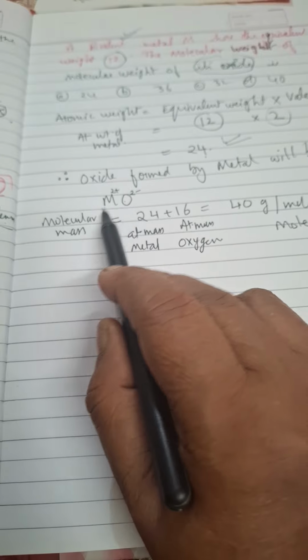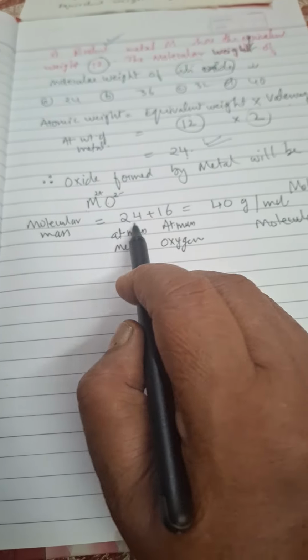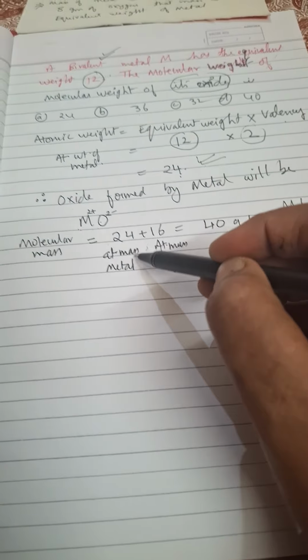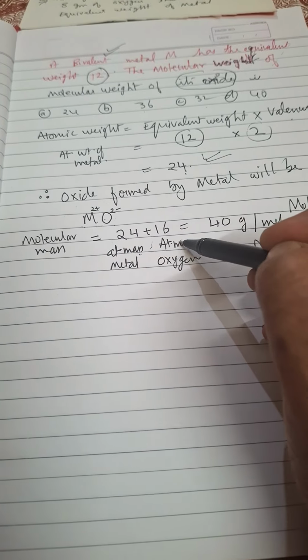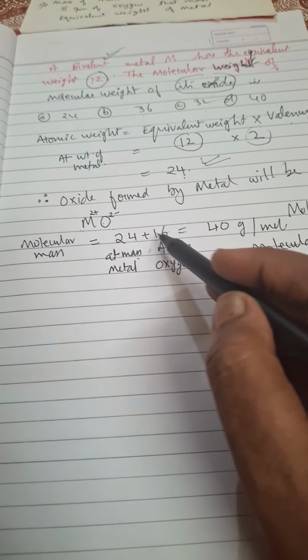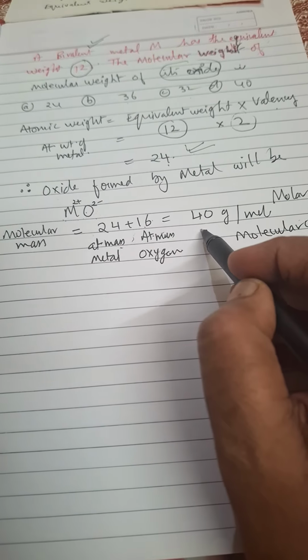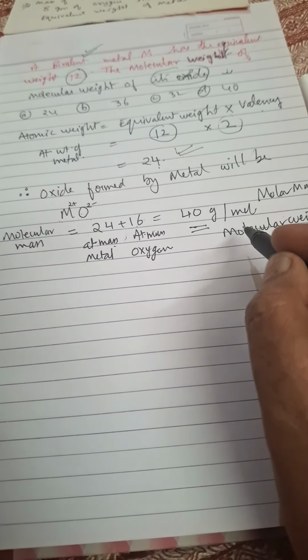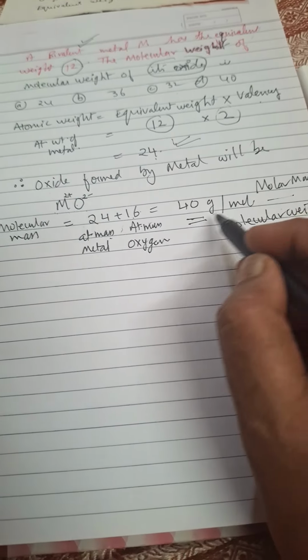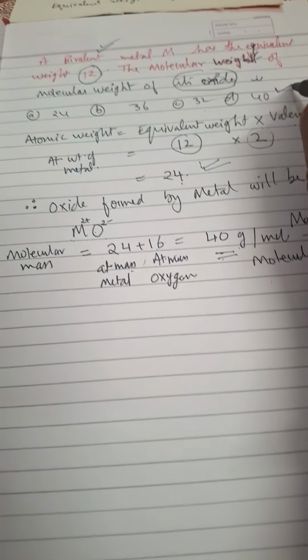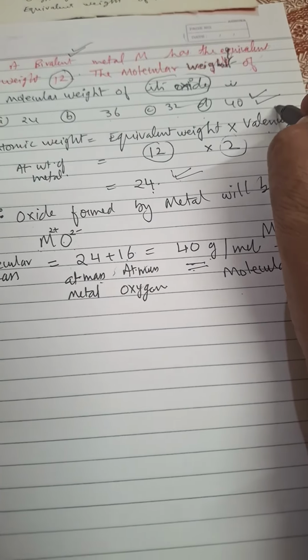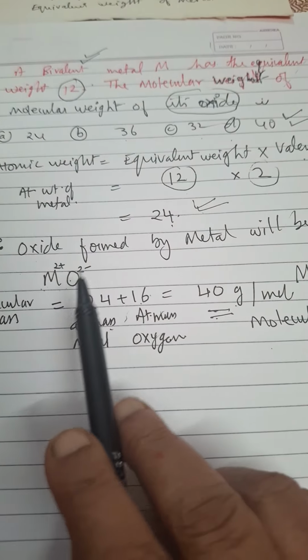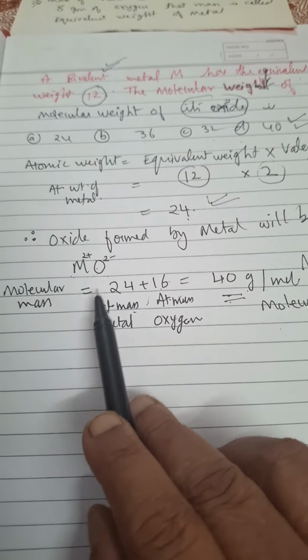Sum of the atomic mass of these two. So atomic mass of M we have calculated, it is 24 gram, and the atomic mass of oxygen we know that it is 16. So 16 plus 24, that is equal to 40 gram per mole. When we say it this way, then we call it molar mass. So 40 gram is the correct answer. So answer D is correct. Clear to you? Very easy question, very tricky, simple.